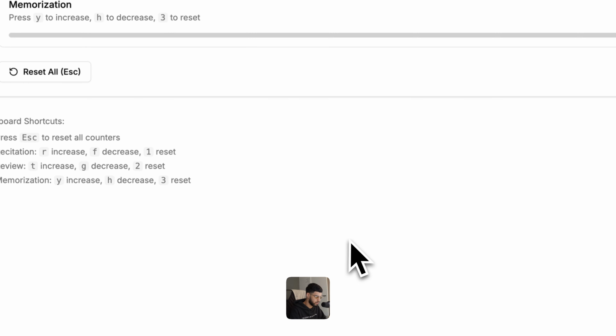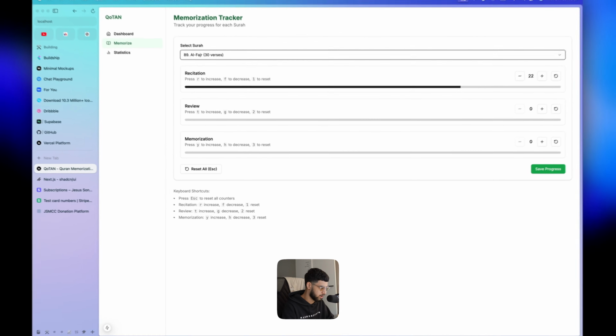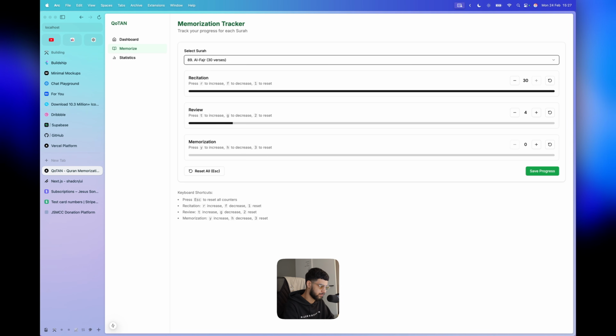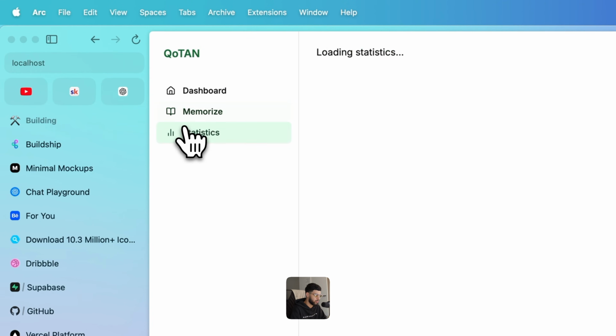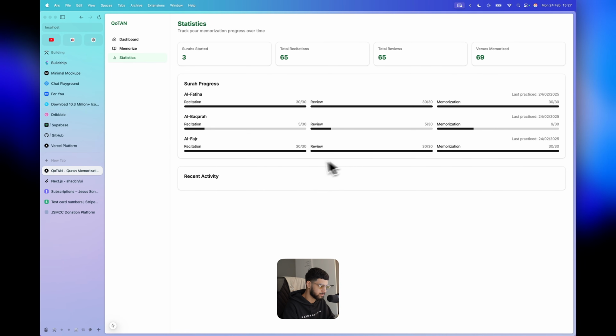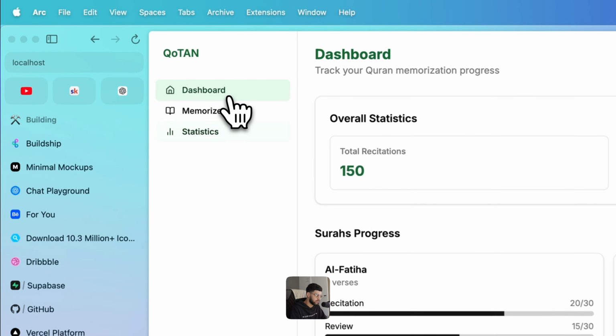I know the whole of Surah Al-Fajr off by heart, so I can just max it out. Obviously, I can add something in here where I can manually say, okay, I know this whole surah off by heart. Surah started, memorized, right? So I've got all this here. This is sick. But yeah, I think we'll end this video here.